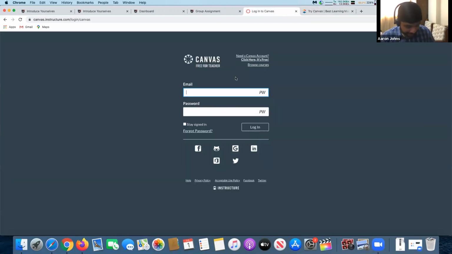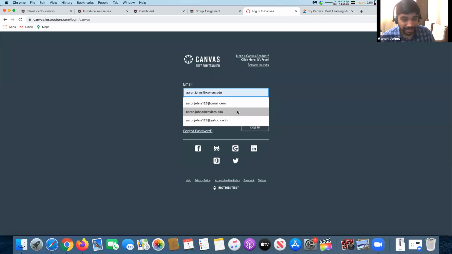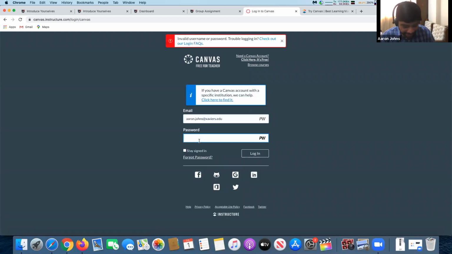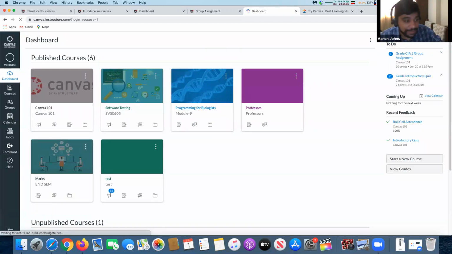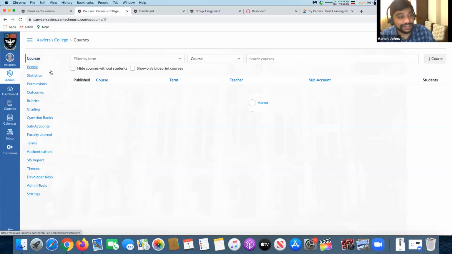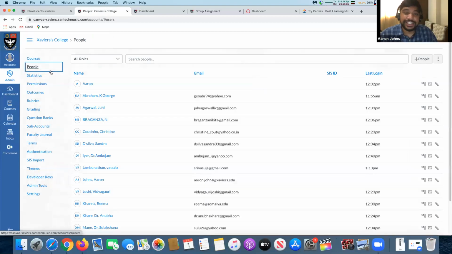Like this one over here, this is my Xavier's account, which I got for Xavier's from Canvas. This account doesn't have the administrative view. Technically you don't have the admin view. You can see only groups, courses, comments. But if you look at the one which you can administer, you have the full control in your hands. If you take the paid institution account, then you get this whole control. So you either take open source, or take free for teachers, or take paid.